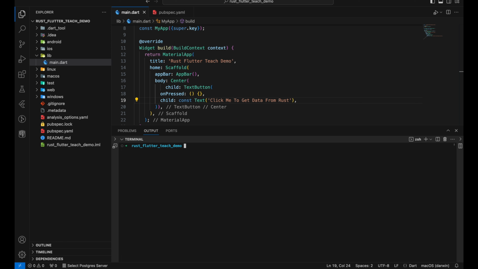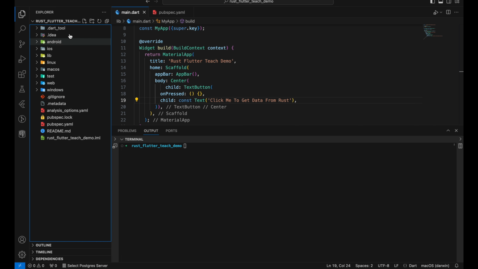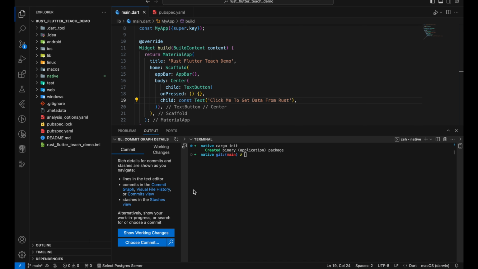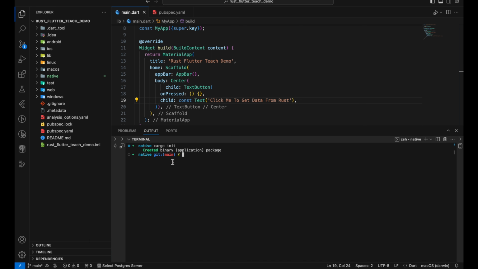Okay, the first step is to initialize a Rust project in the root folder. We will create a folder called native, go into the native folder, and initialize with cargo init. This will create Rust related files.